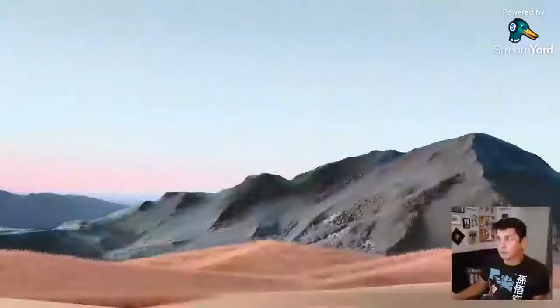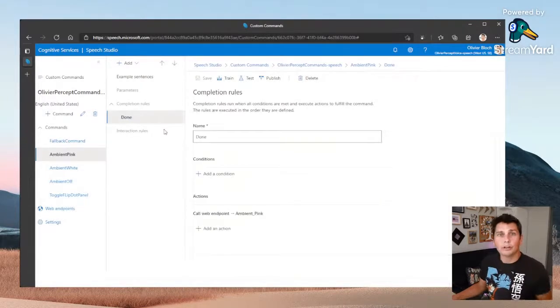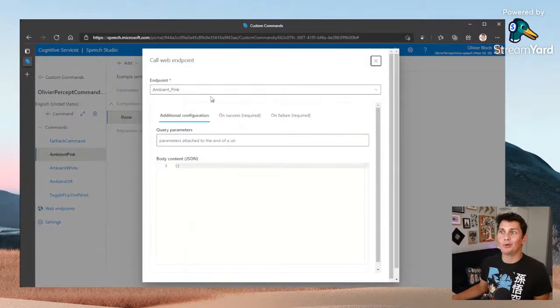Hopefully it's going to get it. Boom. You see lights here? They went to pink. Because over here, something I didn't show you, my bad, is that my Speech API or Studio is able to determine the sentences, but then there are rules that I can apply. And when that sentence has been recognized, then what I'm asking is for a web endpoint to be called. And that web endpoint is no more than a